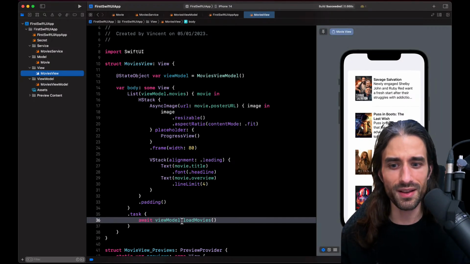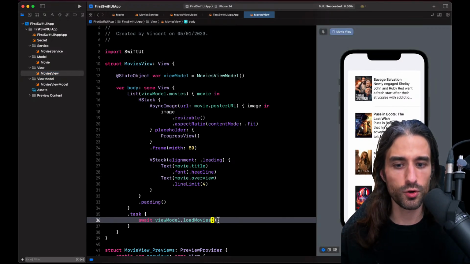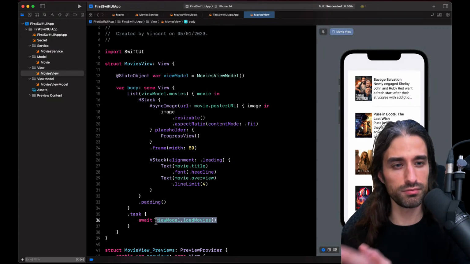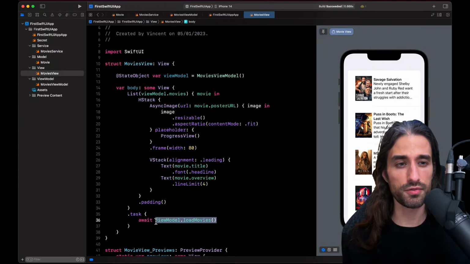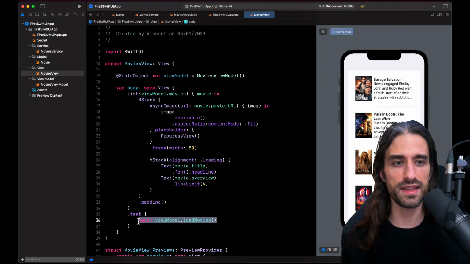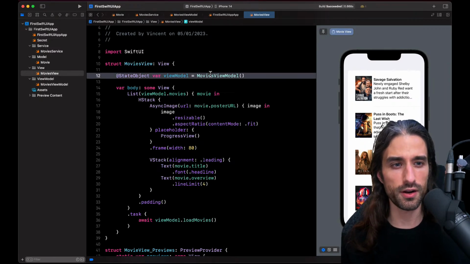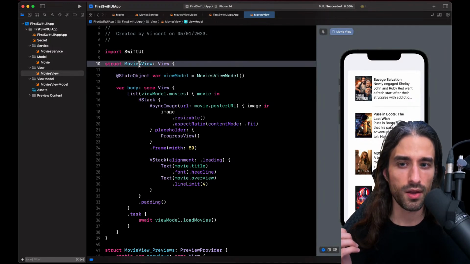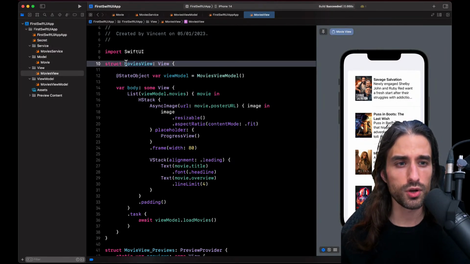So you might be wondering, why is he using the modifier task to call the method loadMovies? Because the view is responsible for initializing the view model with this code. Why am I not calling this inside an init of the movies view model? The reason is that the struct MoviesView could be created way before the view is actually displayed.